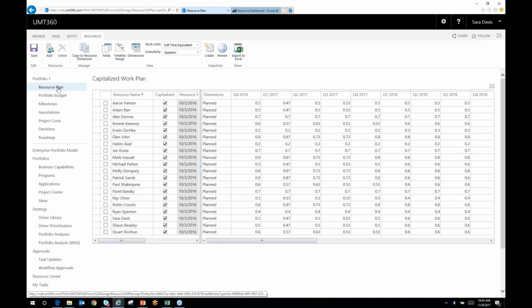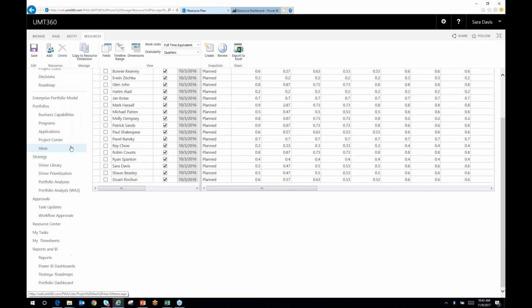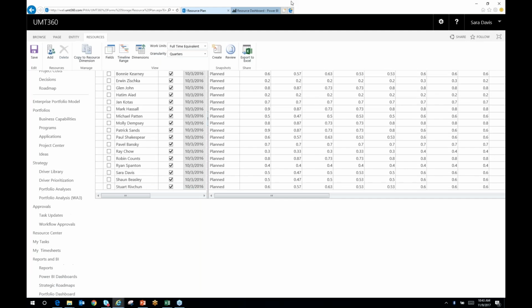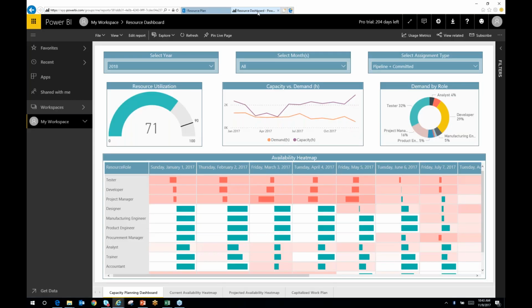Many of our customers are struggling with being able to forecast and plan capitalization and track against that in an easy manner, whether it's being driven from the schedule or driven from the UMT360 resource plans. Now, as I said, everything, whether it's coming from Microsoft PPM or UMT360, is reportable. Actually, I have it already open here. So I could go to the Power BI dashboards,